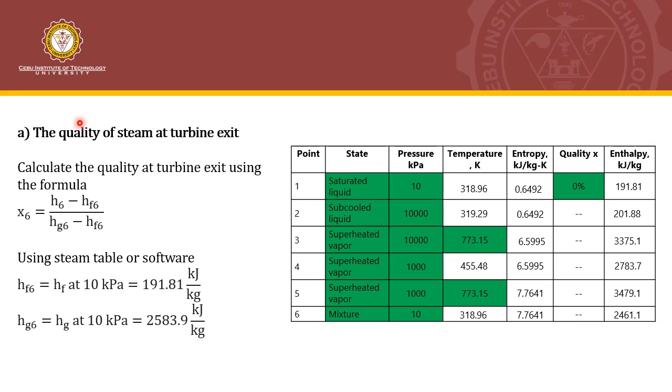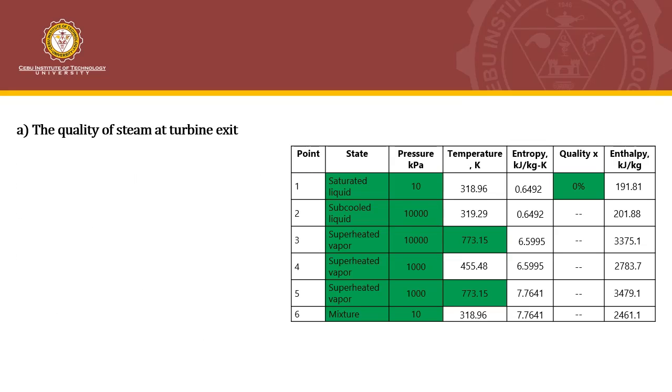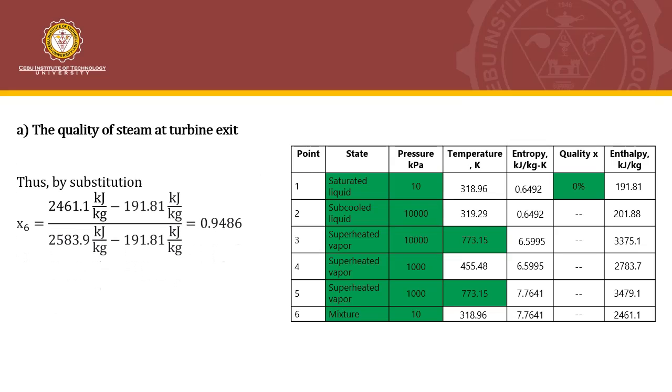Using the steam table or the software, we can get the value of hf6 as the liquid enthalpy at 10 kilopascal, and that is 191.81. It is the same actually as h1. Then for hg6, the value of hg at 10 kilopascal, that is 2583.9 kilojoules per kilogram. Now that we have those values, we just plug them into our formula, and we can find that